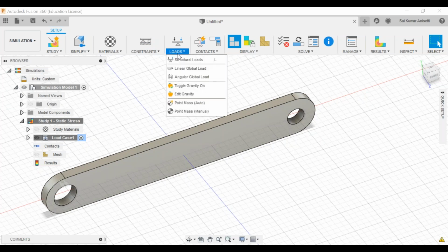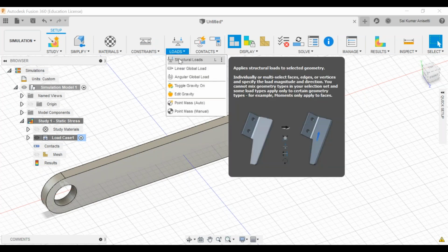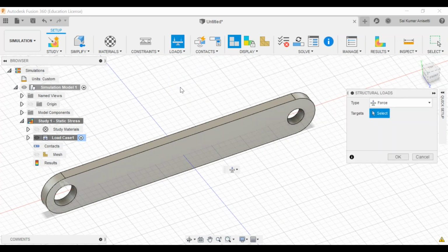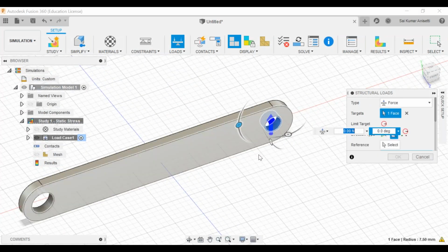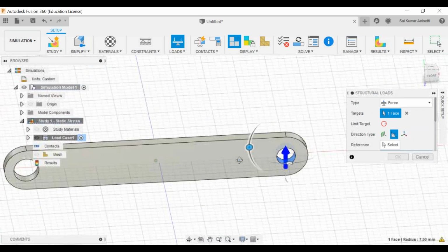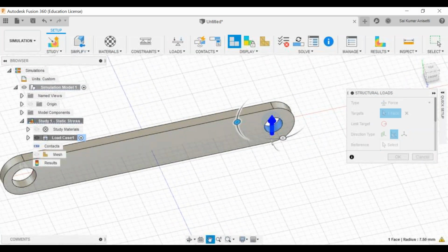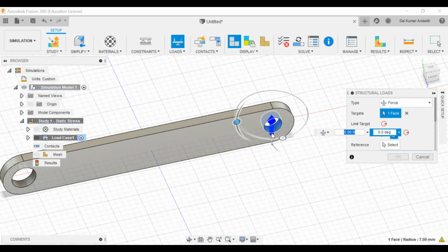And next is loads. There are n types of loads. To go with a basic static structural load, you are going to add some force over here. You can change your direction. Now, on the face I'm acting, you can take this particular edge and add your force, but generally your pedal would be going inside this slot and you're applying your force onto this face.